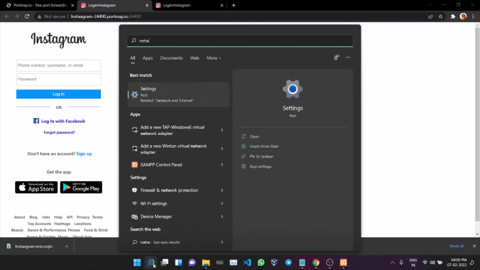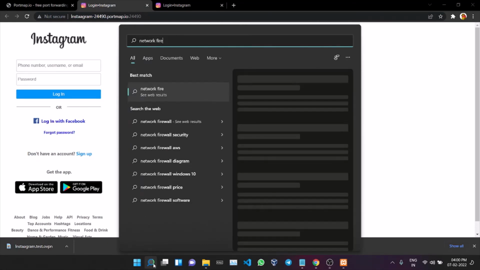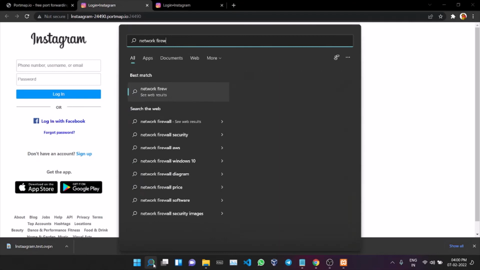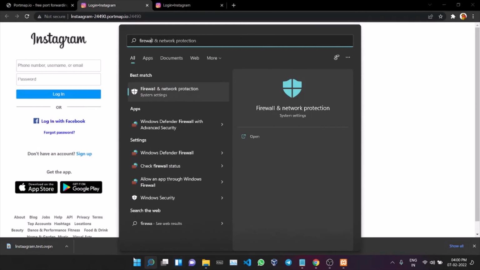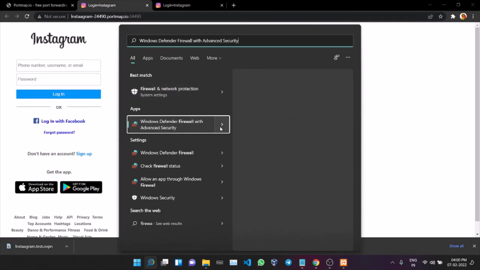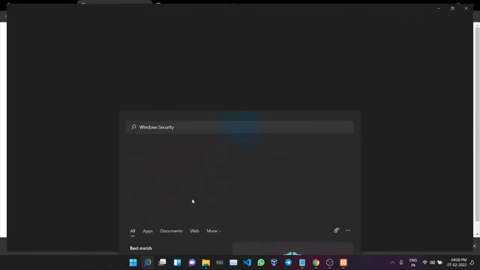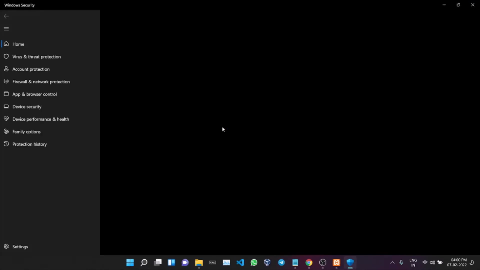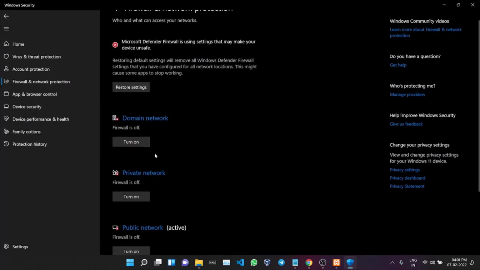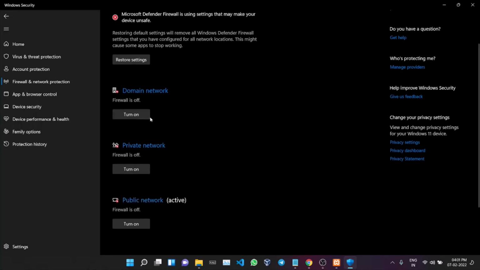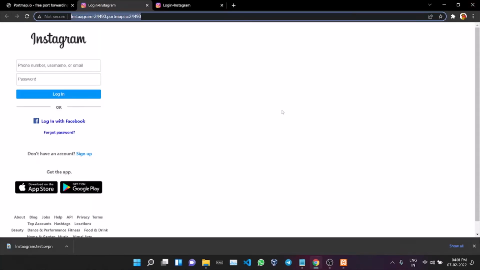Let me show you how to do that. You can go here, Windows Defender Firewall with Advanced Security, or here, maybe here also. Let us open it first. You can go to firewall and network protection and disable everything here. You can see that everything, domain network, private network, and public network firewall, is disabled, because otherwise it won't allow any connection. So first disable that, then only you can do this. So now it is working.